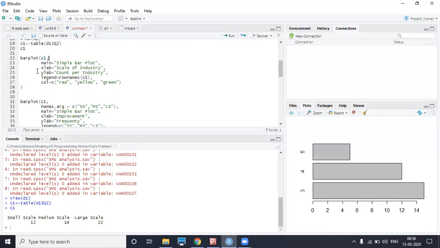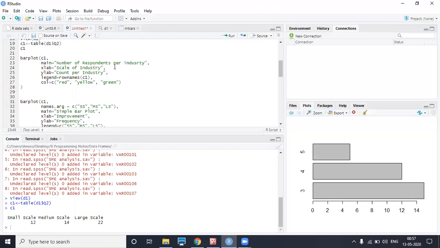But if you want to mention a heading, you can give the heading. So we can say: number of respondents per industry.